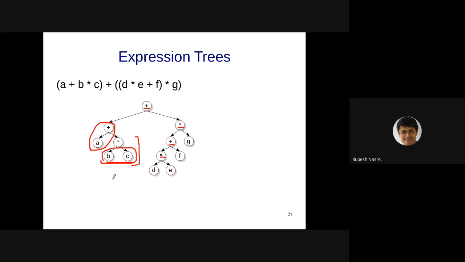I just interchange the left and right pointers, and that is going to give me the commutativity property of star, exploiting the commutativity property of star. So this is not really an optimization, but you never know. In such cases, transforming a tree turns out to be useful, and that is difficult to do on strings. If I say, find out where variable D exists, and then variable E, and then there is a star in all of that,